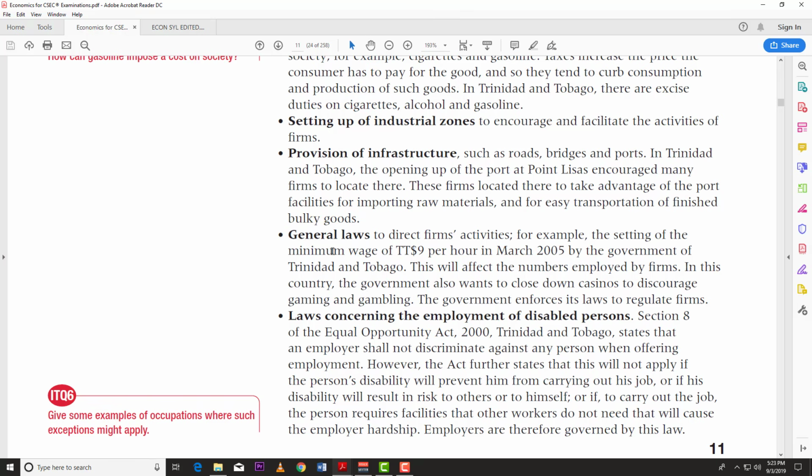Alright, so we looked at laws already. But laws concerning the employment of disabled persons. So these are laws that prevent people from discriminating against individuals who are disabled. So we don't want anybody who is otherwise challenged to be discriminated against. So you have laws to protect them so that they can actually lead a positive life, so that they can help themselves and stuff like that. Alright, so that's basically it for